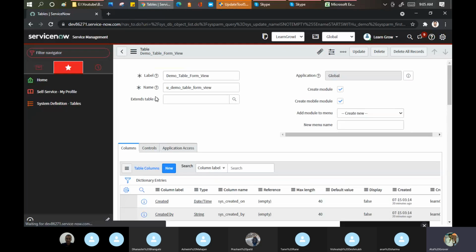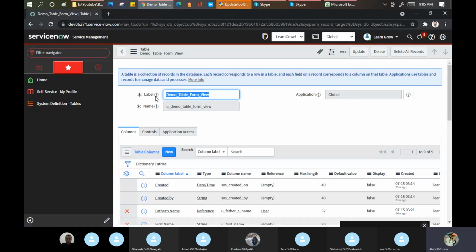Now what you guys need to do. You need to create a form today. You can use yesterday's table only, that's fine. If you want, you can create a new table as well. Create a form. Everyone's form should be different. That is up to you guys to decide internally, what form you need to create.